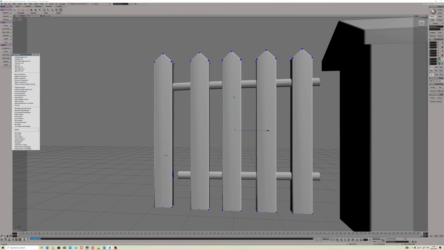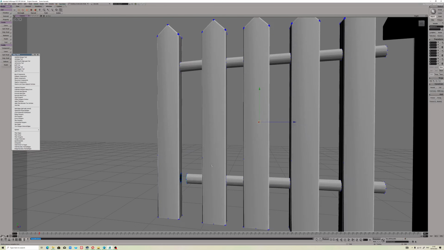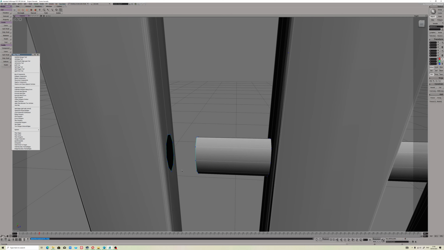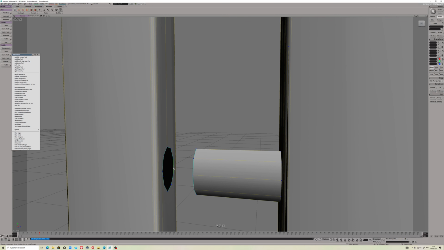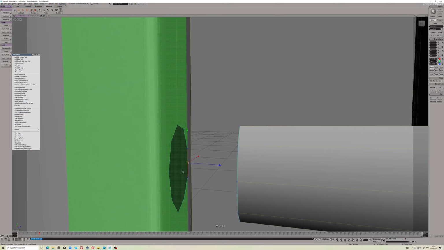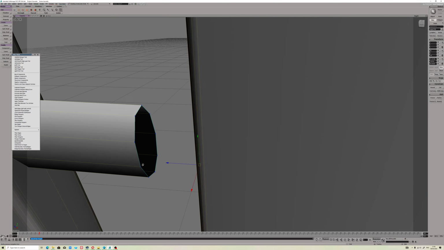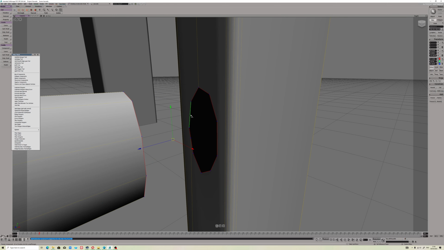Hello my dear friends. Today I wanted to show you what solution I found to be able to bridge to the same polygons, because there was one problem when I wanted to select all the edges at once. I will show you what problems I had when I used that tool, bridge